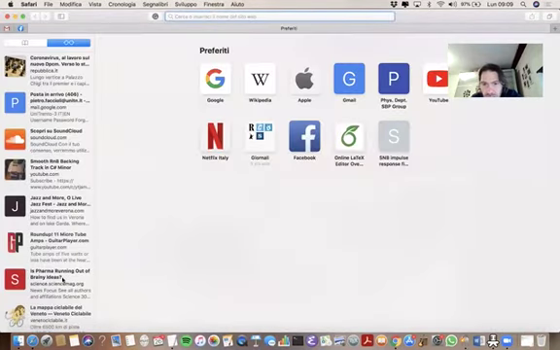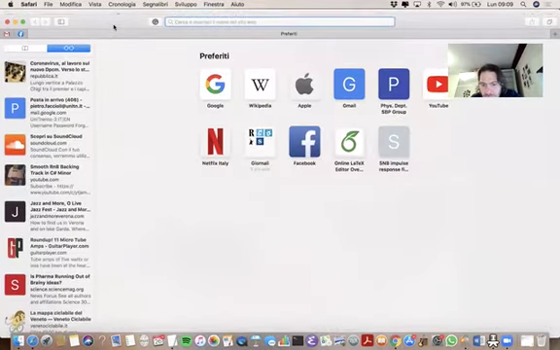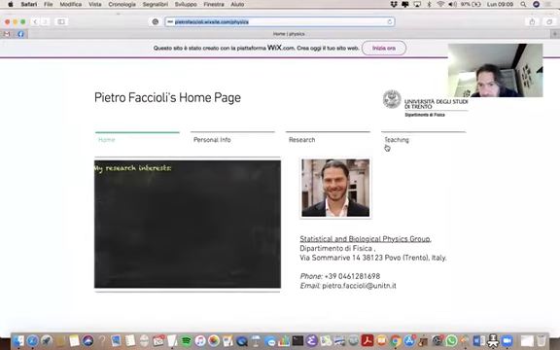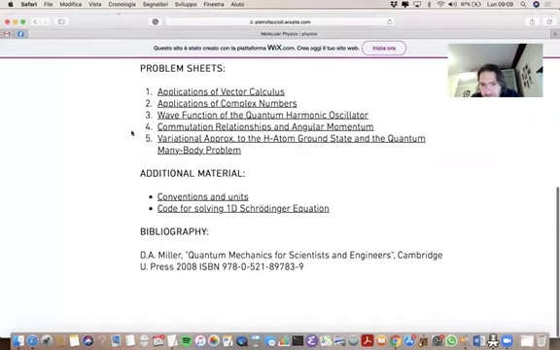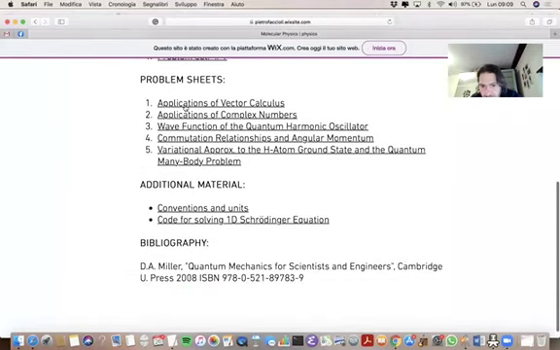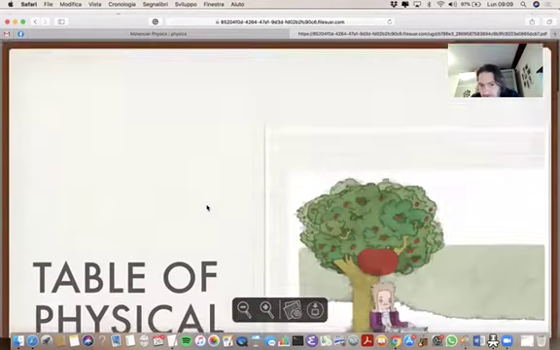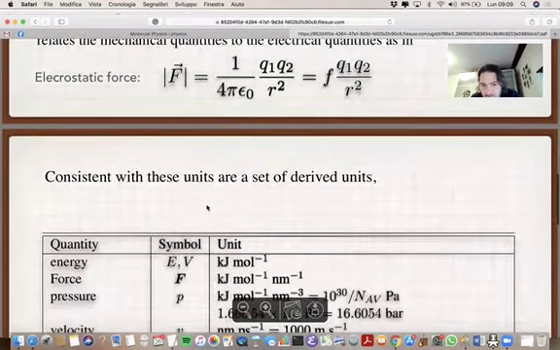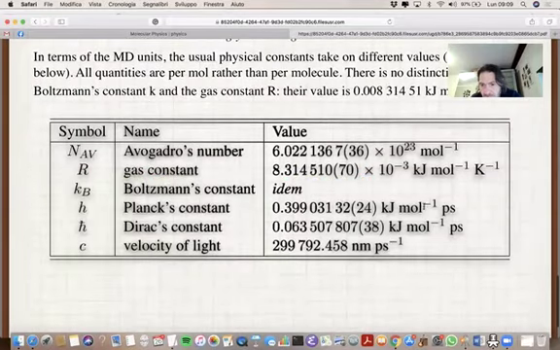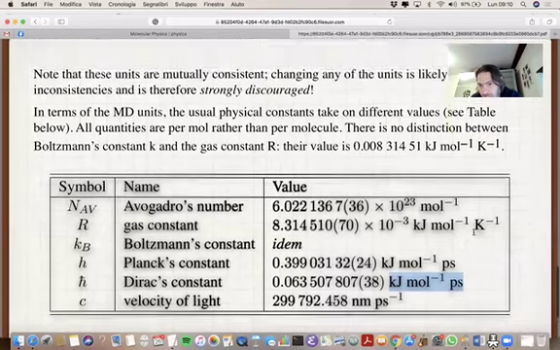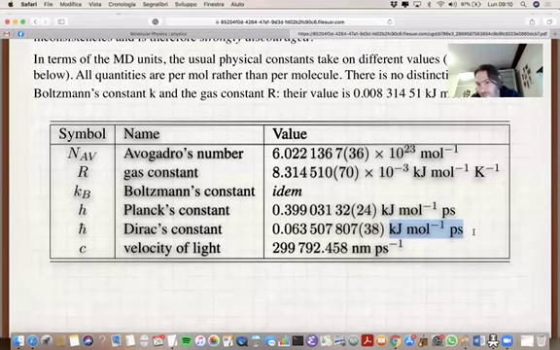If you go to my web page, and I'm going to do it here with you, go on the molecular physics, you will find a number of documents that you can download. One is called Convention and Units. If you go down in this convention and units, you find a number of fundamental constants in some units that are typical